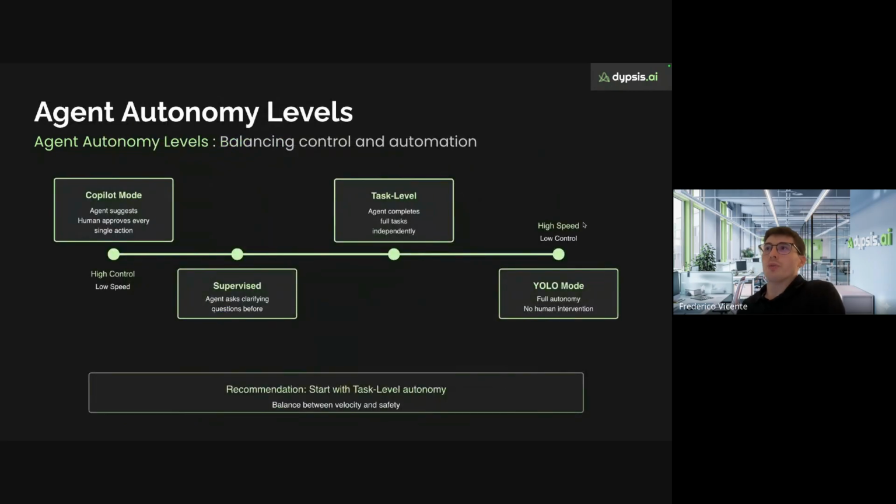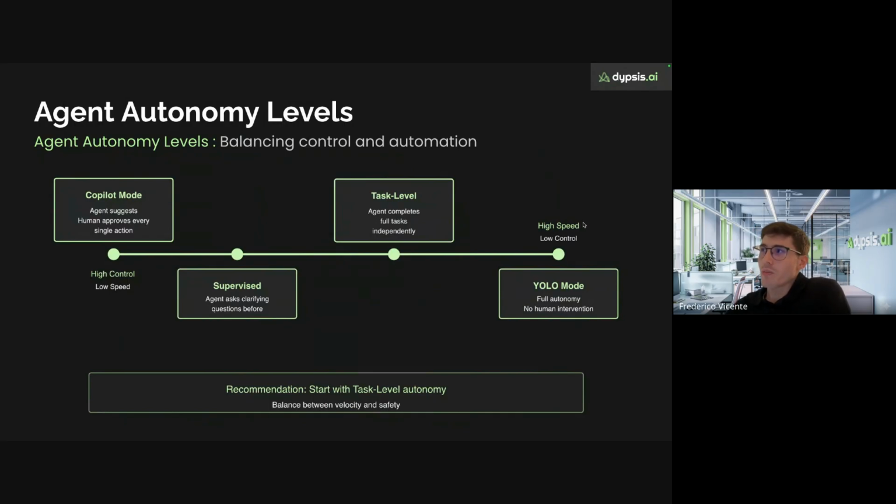Now, according to the autonomy, let's use coding agents as an example. Like I was previously saying, you can follow a copilot mode, where you can ask for suggestions, and the agent tells you that you should write this code, but then you have to approve, and maybe you are even using something like ChatGPT, copying the code and then pasting it. Then you have a more advanced level, which is supervised, where you let it start doing some actions, but you always approve every action that it performs.